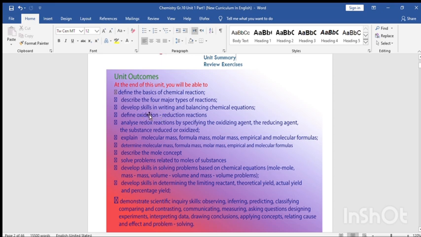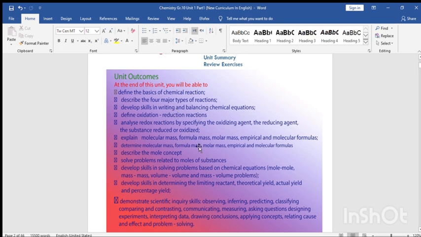Oxidation is a type of chemical reaction which involves an increase in the oxidation number of elements, and it is the loss of electrons from an atom of an element. Reduction is the reverse change. It is the opposite of oxidation, which means reduction is a type of chemical reaction accompanied by a decrease in oxidation number or gain of electrons by an atom of another element.